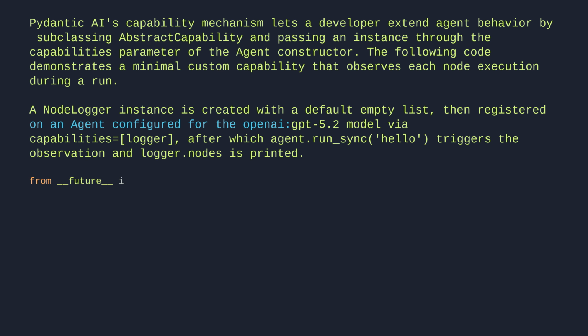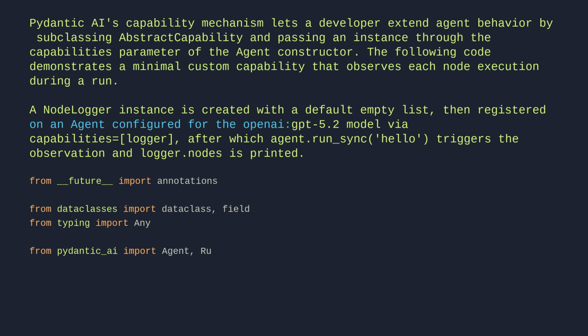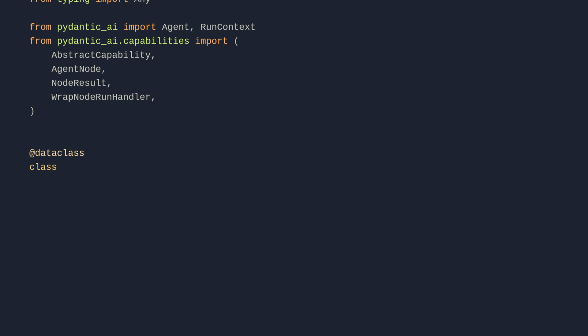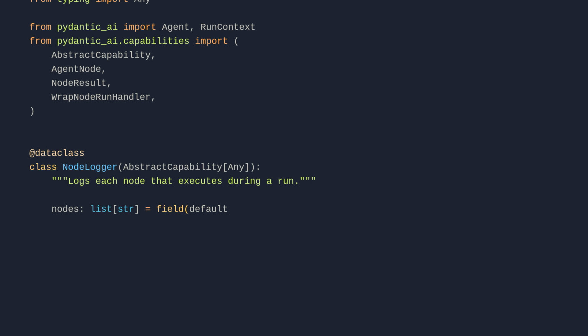From __future__ import annotations. From dataclasses import dataclass, field. From typing import Any. From pydantic_ai import Agent, RunContext. From pydantic_ai.capabilities import AbstractCapability, AgentNode, NodeResult, WrapNodeRunHandler. @dataclass class NodeLogger(AbstractCapability[Any]): """Logs each node that executes during a run.""" nodes: list[str] = field(default_factory=list)